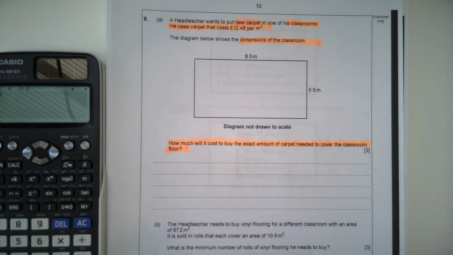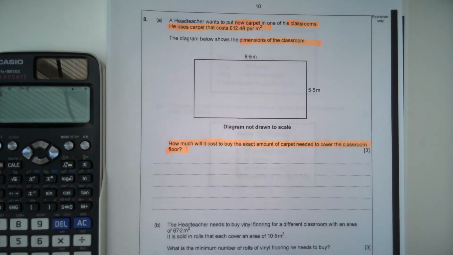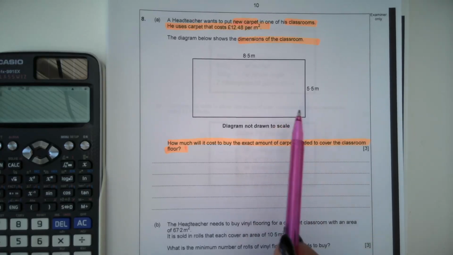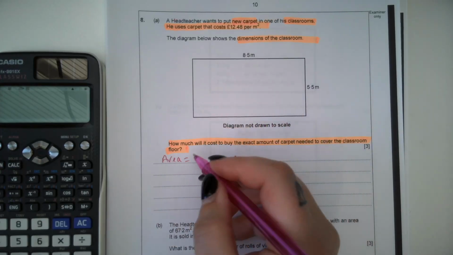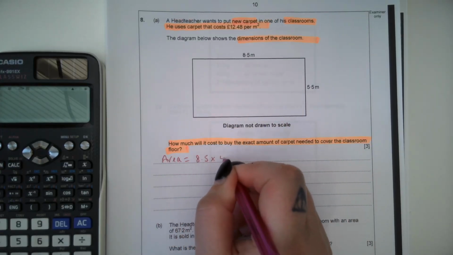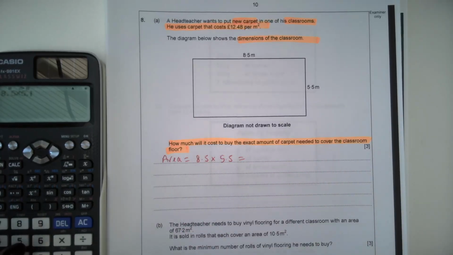So whenever we get any questions that are dealing with carpet, flooring, grass for a garden, soil, that kind of thing, we're dealing with area because we're dealing with filling in the space inside the shape. So we need to first of all find out the area of the classroom. Okay, so the area of the classroom, it's a rectangle, so we do length times width. So 8.5 multiplied by 5.5. So that's